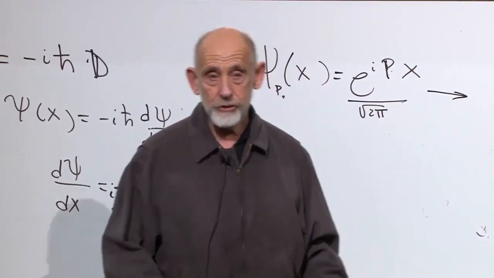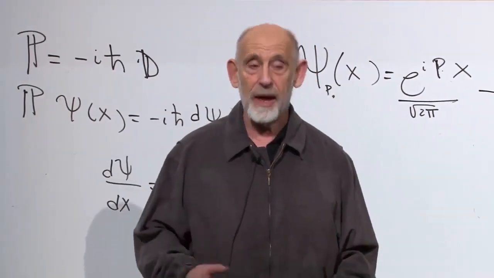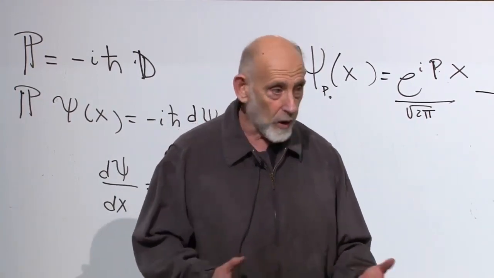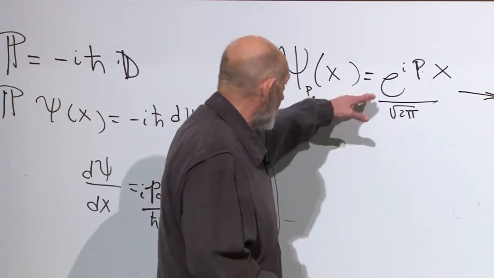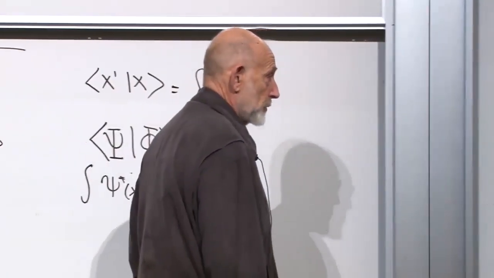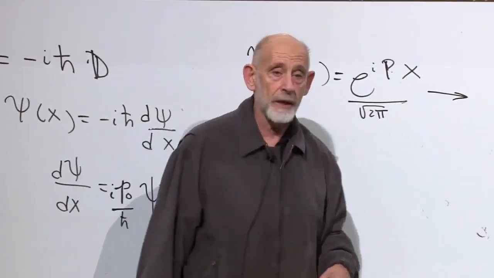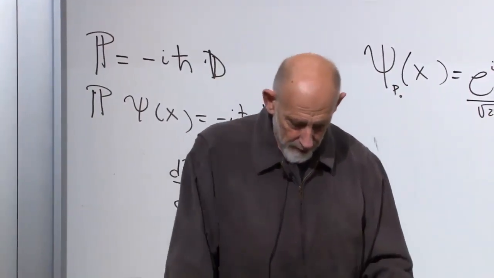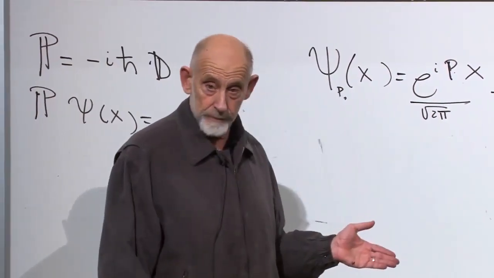Okay? Much worse than, but very much like the sigma x and the sigma z representations, where one may be definite at the cost of the other one being as indefinite as possible. In that case, it's just 1 and minus 1. Here, it's much worse. So when a particle is localized in momentum, it's completely delocalized in position.